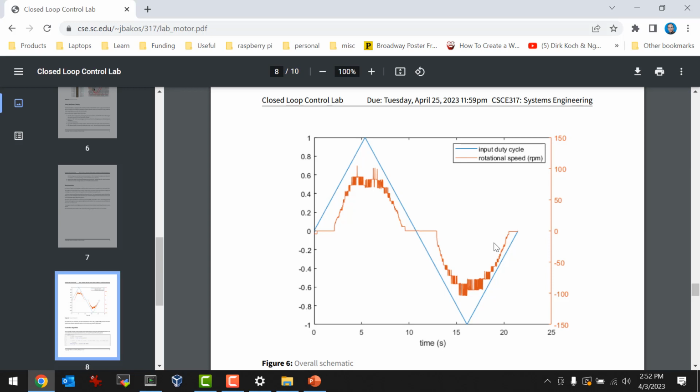So it's like 0.6, 2.4 volts. Yeah, 2.4 volts. The motor won't even engage until it hits 2.4 volts. But then,